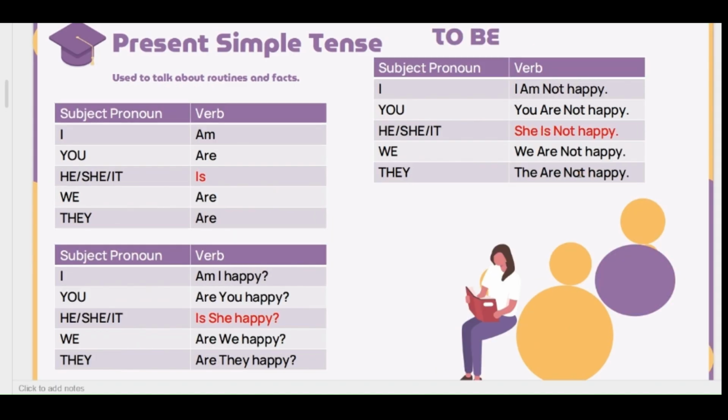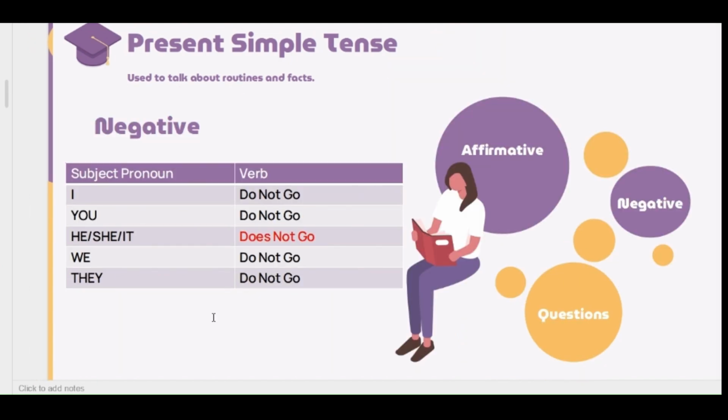I'm going to go back to the verb to be so we can also see. In this case, since the verb to be is kind of independent, it doesn't need an auxiliary verb, we have to say, am I happy? Are you happy? Is she, he, it happy? Are we happy? Are they happy? So we start off with the conjugation of the verb to be, the subject, and then the complement. And that would be it for the present simple tense. The three structures that we have to learn: the affirmative, the negative, and the interrogative form.